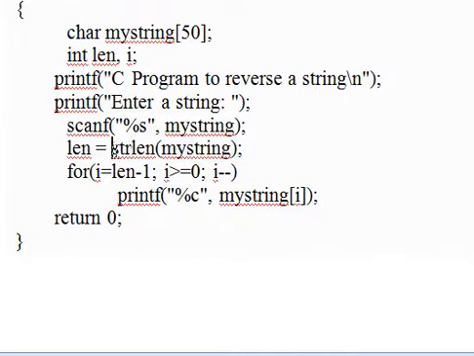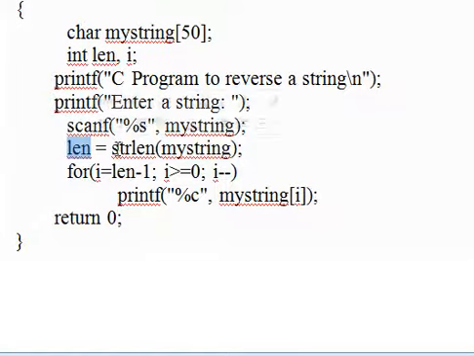So strlen is the predefined function. In the first program we implemented this. strlen is the predefined function to calculate the length of the given string. This strlen function will calculate the length of the string from the array myString, and that length will be stored in variable length.